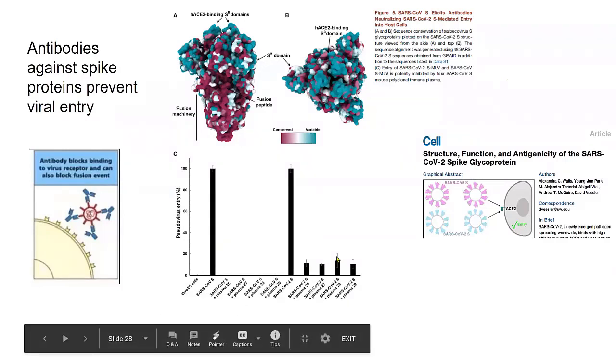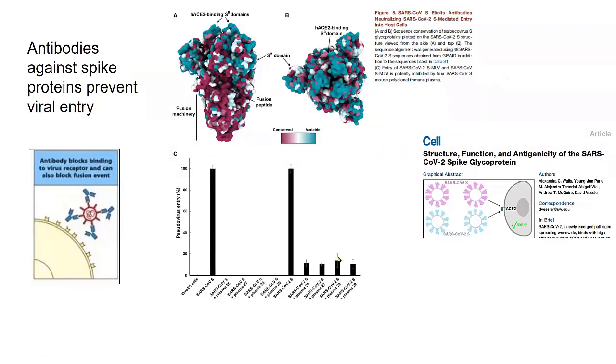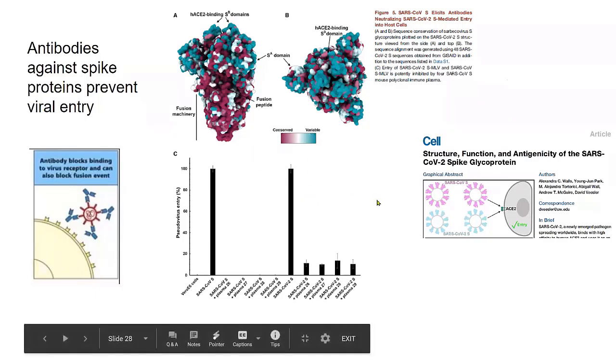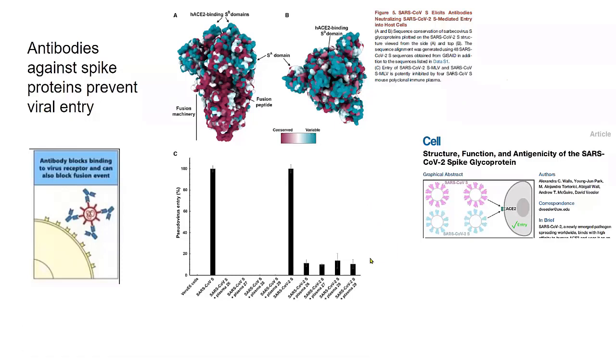Some scientists are studying antibodies raised against viruses and saying how well do they work. So unlike the flu virus, where you have the really convenient, easy test, put red blood cells in a dish, see it in 30 minutes, this is much harder to do. You have to actually measure, did the virus get in? So this is a paper from March 2020.